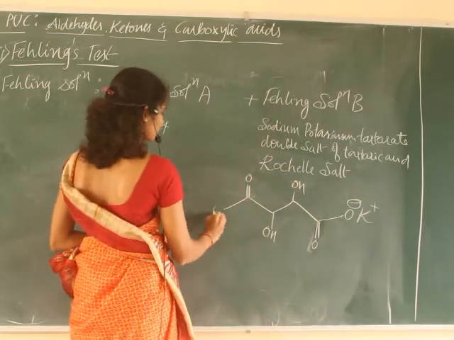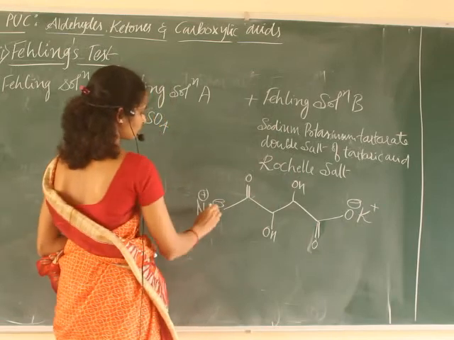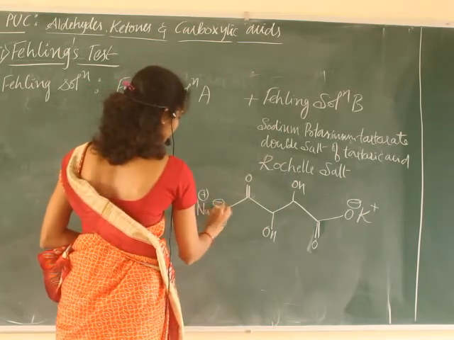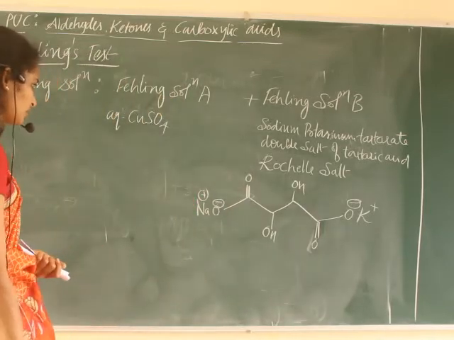Here it is O minus Na plus. So O minus. This is the double salt of